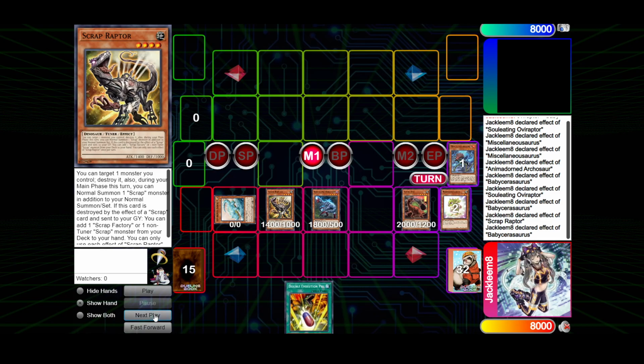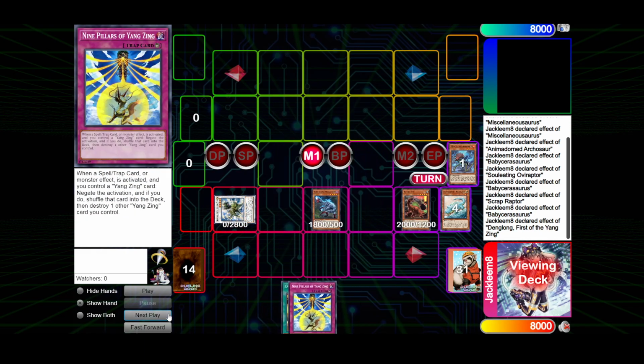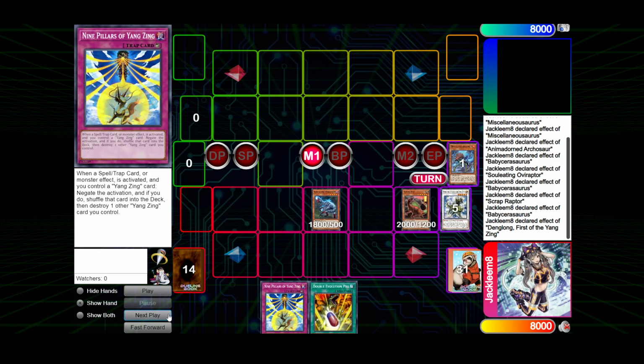Anyway, continuing on, so we special summon this copy of Giant Rex, and we can now use the Scrap Raptor and the Archosaur to go into a copy of Denglong, since Scrap Raptor is a level 4 tuner, and Archosaur is a level 1 non-tuner. This is of course going to trigger our Denglong to search for a copy of 9 Pillars of the Zing. And then we can synchro off our Giant Rex and our Denglong for a copy of Chaofeng,